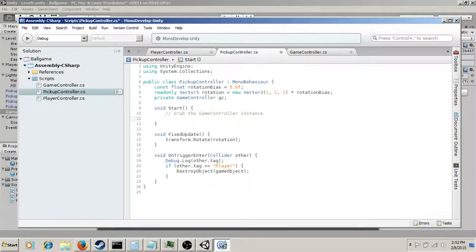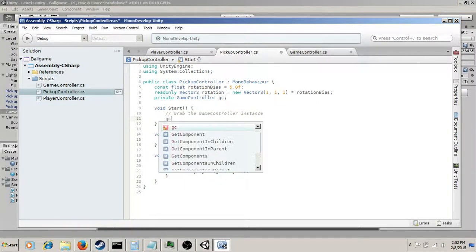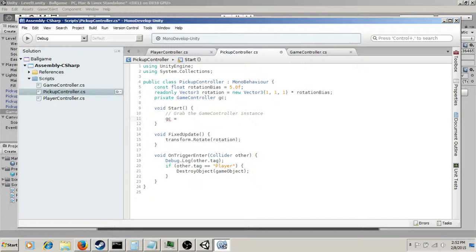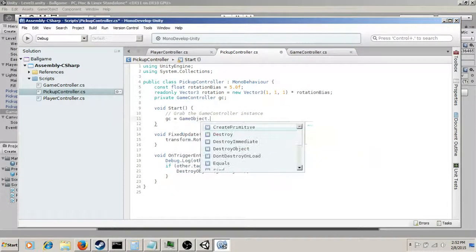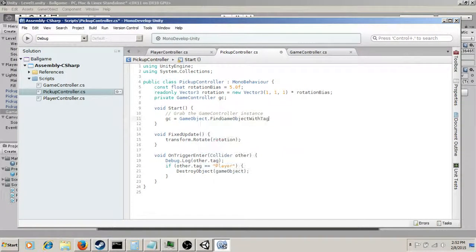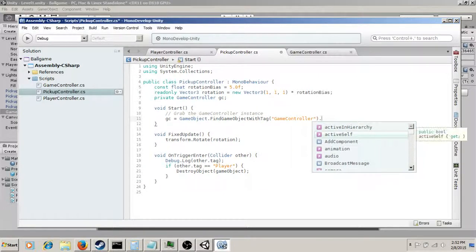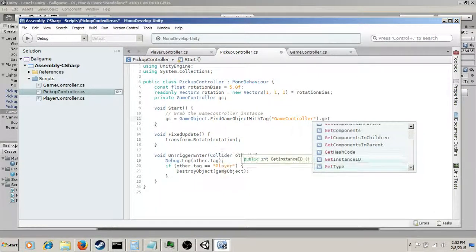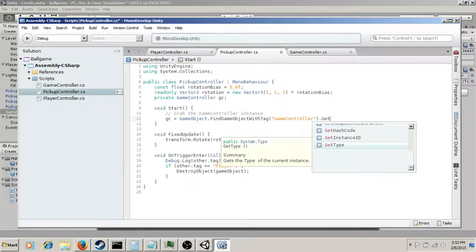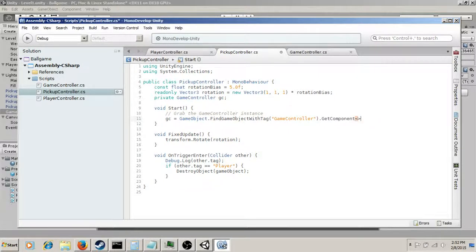You have to be careful not to grab the wrong one. So we'll say GC is equal to GameObject.FindObjectWithTag game controller, and then we can say GetComponent, and then we're going to make this a generic statement. We're going to pass in GameController as the class,